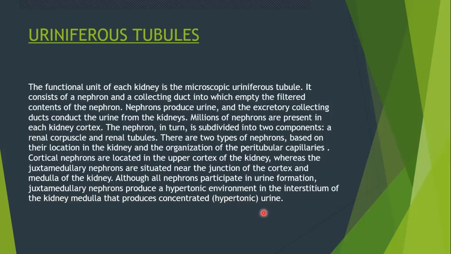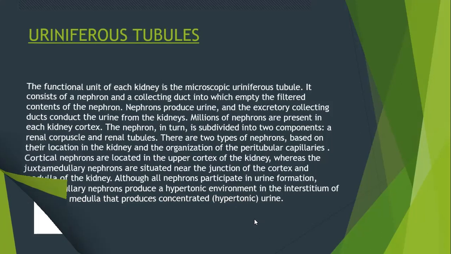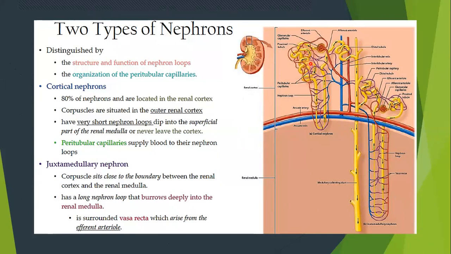So juxtamedullary nephrons produce more concentrated urine than cortical nephrons. We will see why. Here we are. These are your cortical nephrons. These are your juxtamedullary nephrons. They are distinguished by the structure and the function of the nephron groups and the organization of the